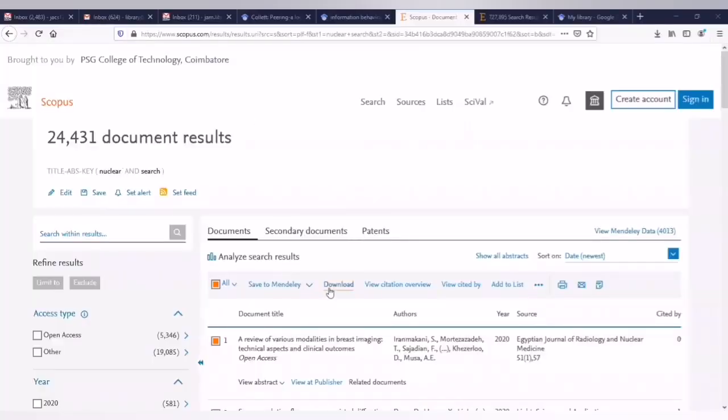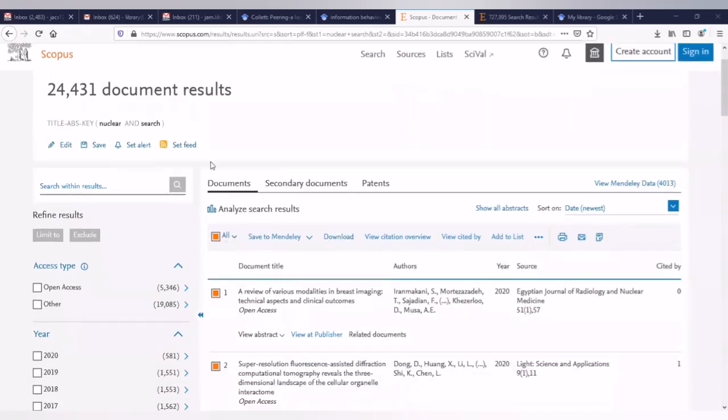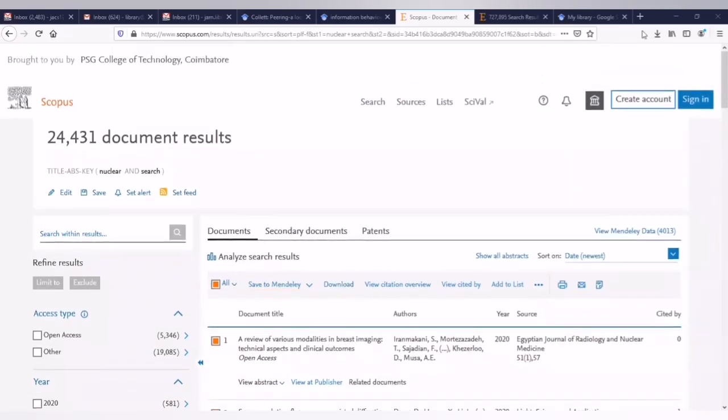Scopus is another citation database. Within this database, you are able to see here what results I want to get from Scopus.